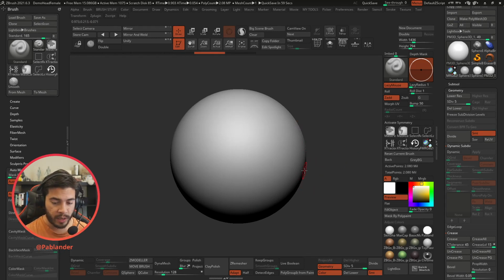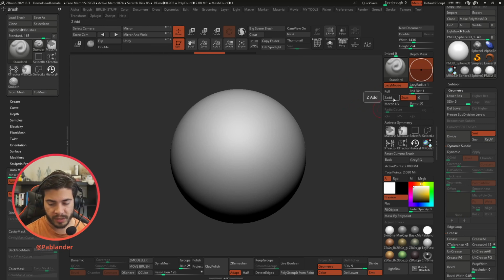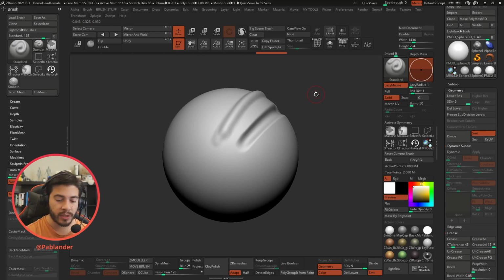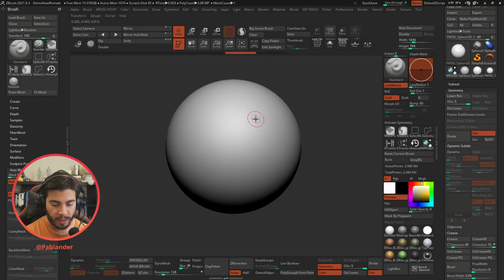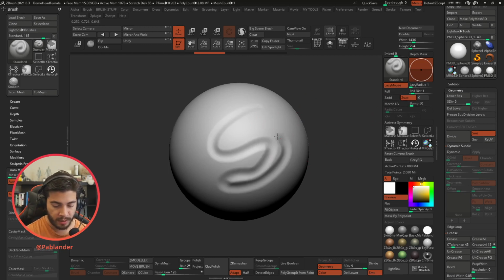Some of the things that we can do to alter the brush, obviously the simplest one would be to invert the Z-add and then just enable the Z-sub. If you're using the standard UI, these two elements should be around the top, but also under the draw palette. This is basically the same thing as holding the Alt key. With the standard brush, this is the standard effect. If I hold the Alt key, I'm just inverting the effect, right? One pushes the geometry outwards, the other one pushes in. So that's just a quick element of customization. But you don't have to hold the Alt key. You can enable this, and without holding the Alt key, you get the same effect.